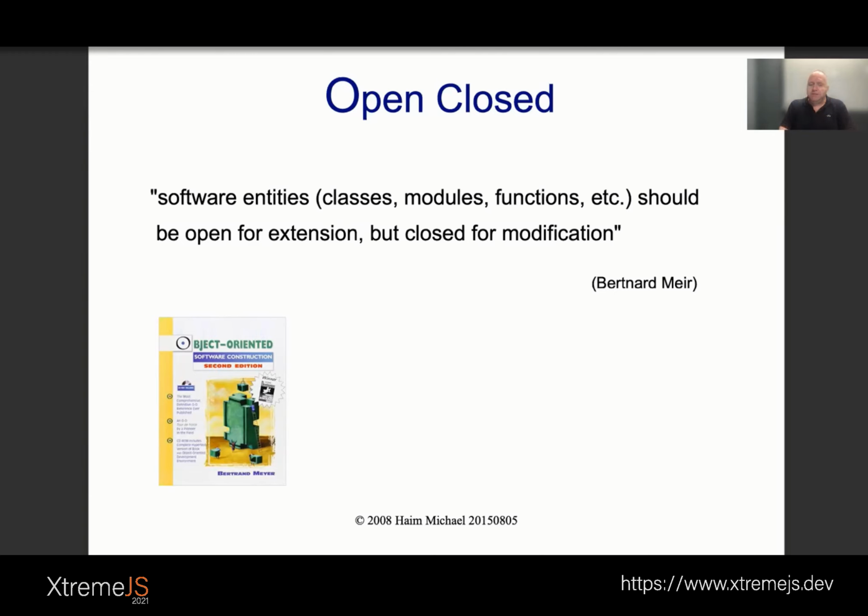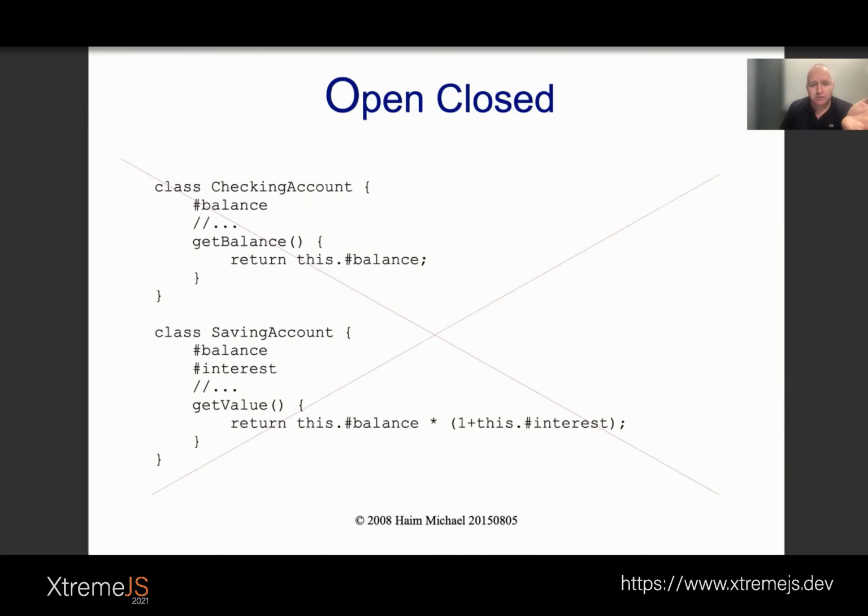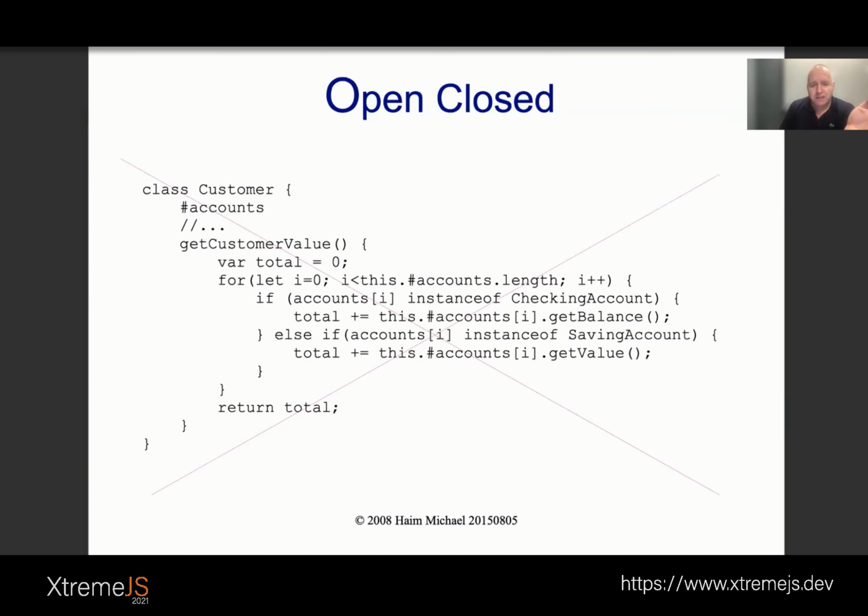It's not simple to understand properly this topic, just as when learning OOP, object-oriented programming. Well, this principle is about basically, let's define a class so that it would be simpler to extend its capability without being forced to modify its code. So for instance, if you take a look over here, we have two classes, checking account and saving account. If we have a class customer and there is a method, its name is get customer value, this code is awful because it checks whether the object is a checking account or a saving account.